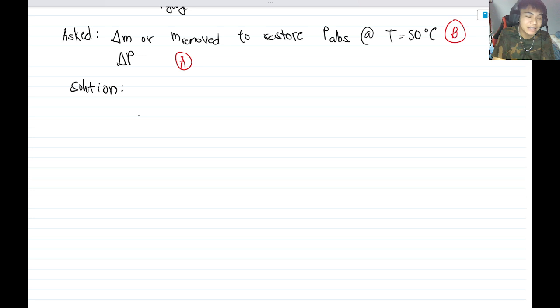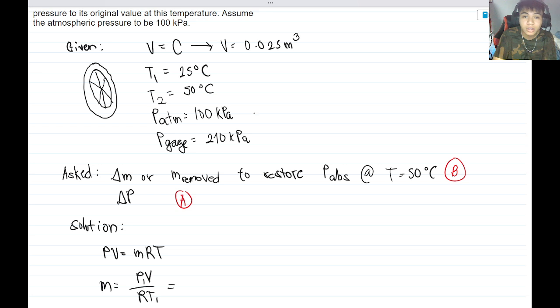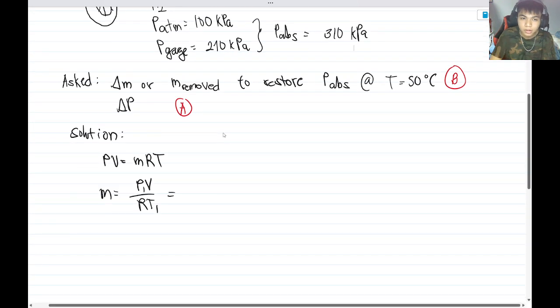First, we have to determine the mass of the air inside the tire. And we can do that by applying the ideal gas formula. Okay? And isolating m, we will have PV over RT. And this is for the first state point. Okay? So we know that the absolute pressure is just the sum of these two. So this is 210 kilopascals. So we have 210